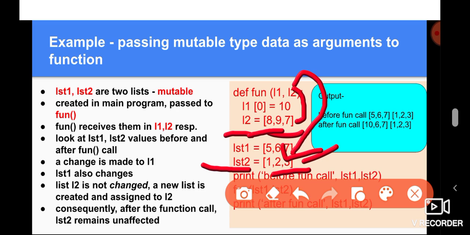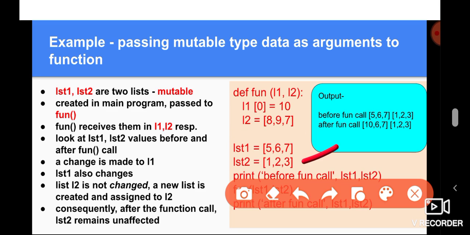If L2 also would have made some change inside the list, then this list 1, 2, 3 would have been affected. But that did not happen. L2 was completely delinked from this list 1, 2, 3 and assigned a link to this new list.